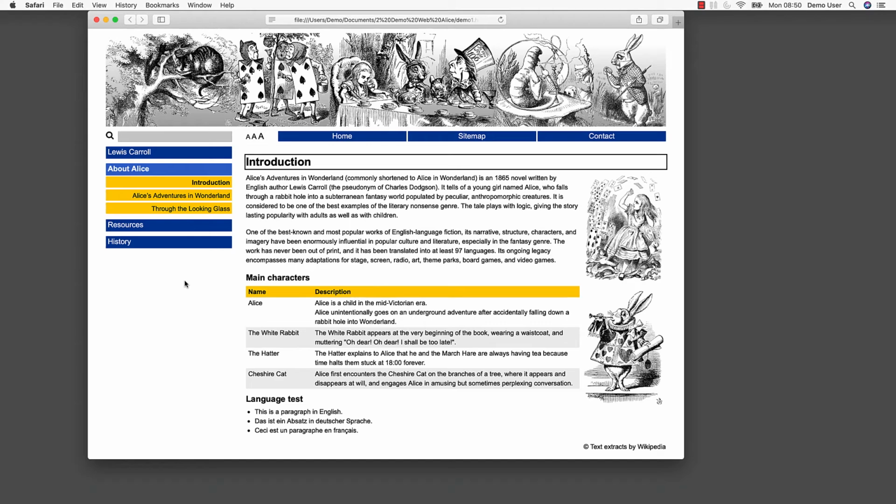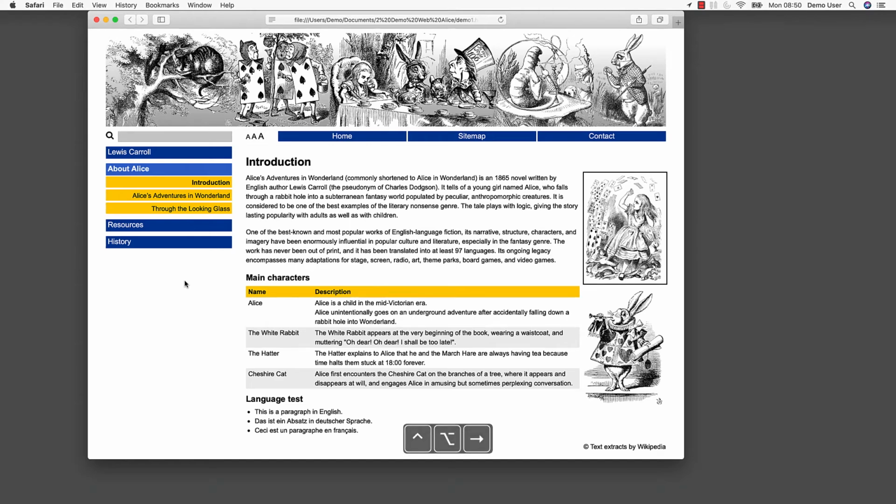Heading level 1. Introduction. We continue reading and reach an image. Alice and the Shower of Cards image. As we can hear, the image has an alternative description, which can be read by the screen reader. By pressing VoiceOver plus Command key plus G key, we can reach the next graphic. The White Rabbit blowing his trumpet image. By adding Shift to this key combination, we can reach the previous graphic. Alice and the Shower of Cards image.